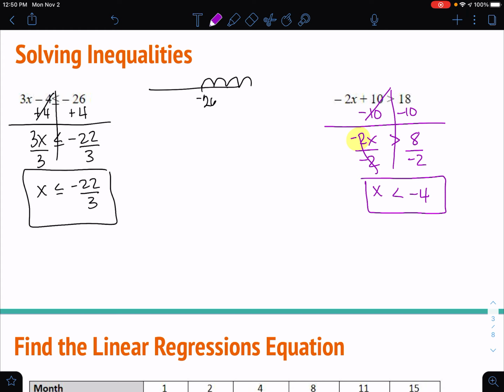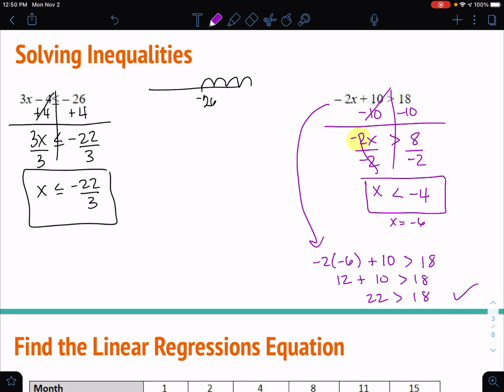So let's try it. Let's say I wanted to try negative 6. Negative 2 times negative 6 plus 10 has to be greater than 18. So I just took that from there. Negative 2 times negative 6 is positive 12. And then 12 plus 10 is going to be 22. And 22 is, in fact, greater than 18. So any number that you pick that falls in that interval